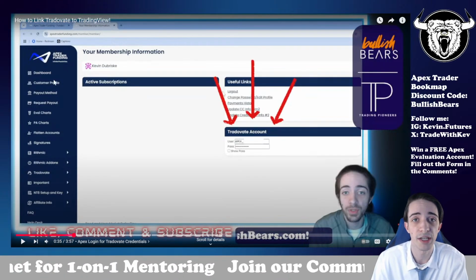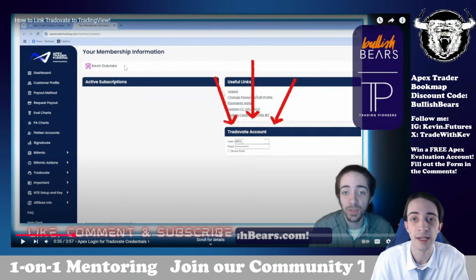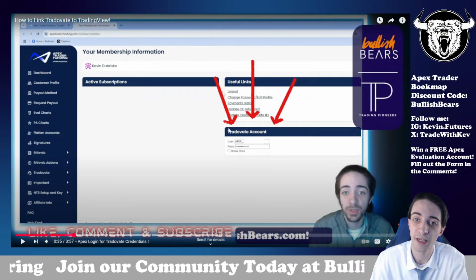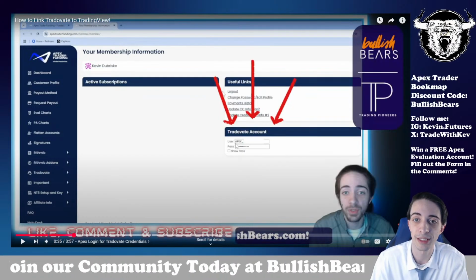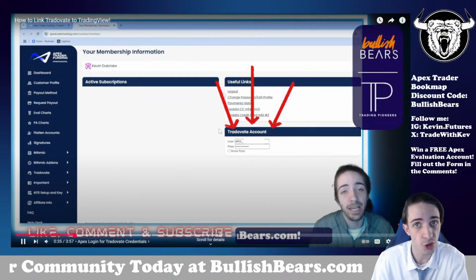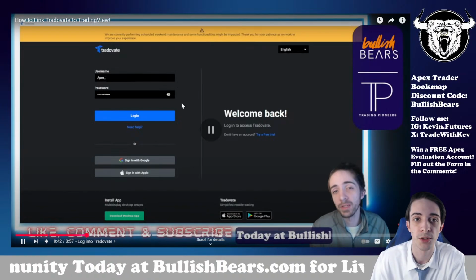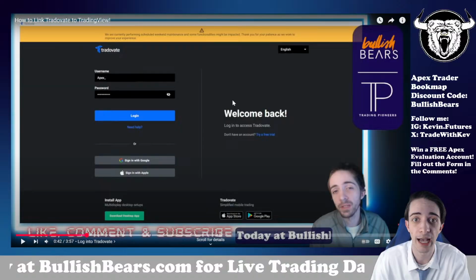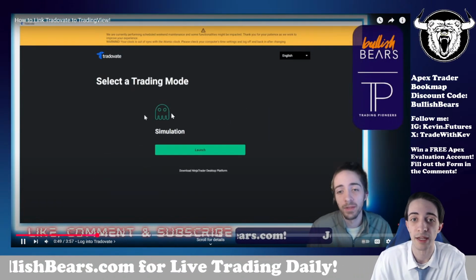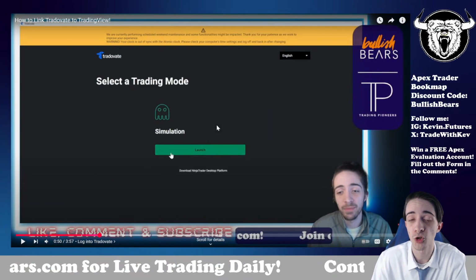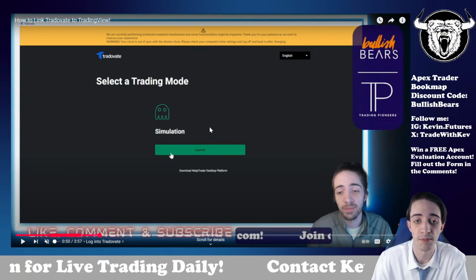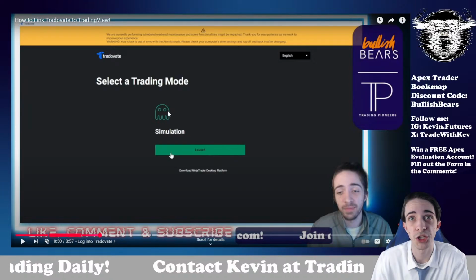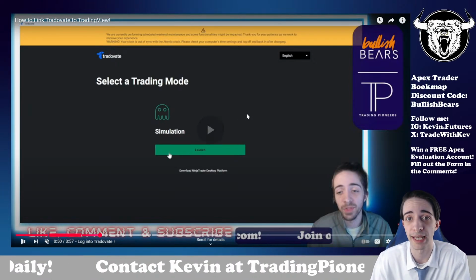So when you log in and you have a Tradovate account, you'll click login, you'll come to dashboard, and then it'll give you your Tradovate account login credentials. This is where you have your Tradovate login, not TradingView, Tradovate. So you take that Tradovate login, you log into the browser or the Tradovate app, you log in, then you hit simulation. It'll be sim trading. I'm going to mute this because I'm commentating. We're going to be simulating, right? Simulation because it's an Apex account, they're paper accounts.